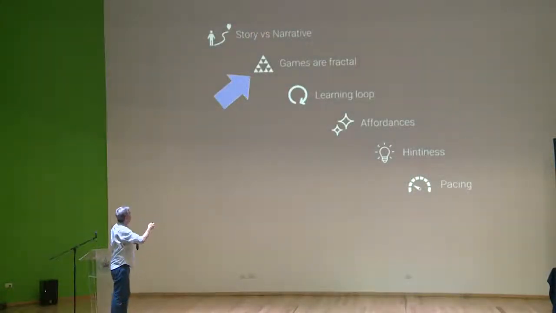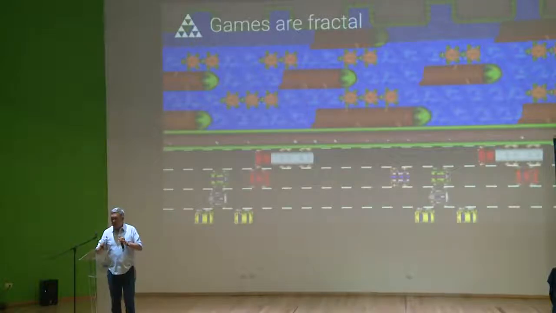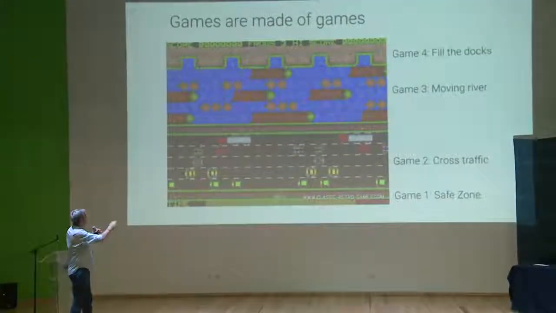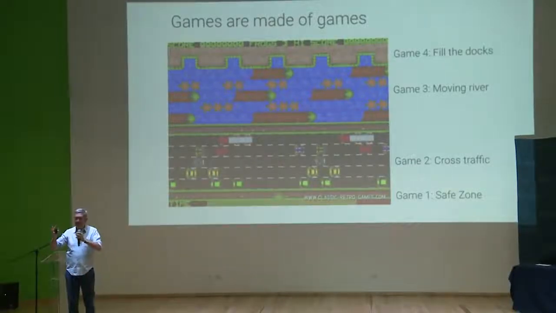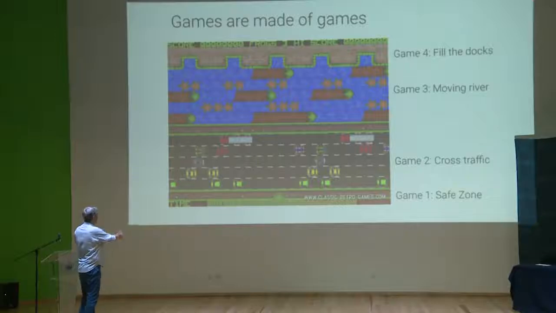Now let's go with games or fractal. The idea here is we use the old game Frogger. Hopefully people know the game Frogger. It's a very old game, right? The reason why RAF uses this as an example is that in one page, it shows this idea that games are made of games. So you think the game is just simply, oh, here's your frog, get up here. But no, there's actually multiple levels of games.